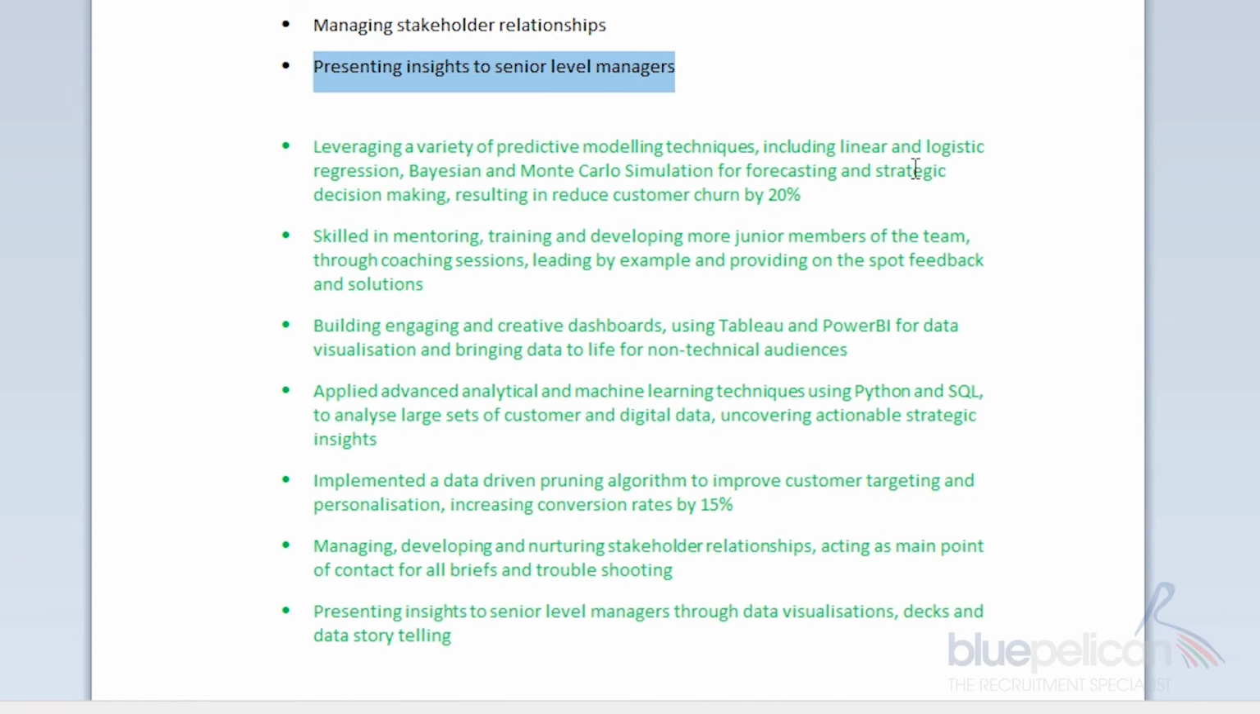And then finally, presenting insights to senior level managers. I've only added a few extra bits on there, but I've just talked about how I did that. So through data visualizations, decks and data storytelling, and just that one little comment at the end there about data storytelling. Again, if I read that on somebody's CV or they explained the way they'd done something using that kind of language, it would be really exciting for me, because I would know that I'm looking at somebody who's just,